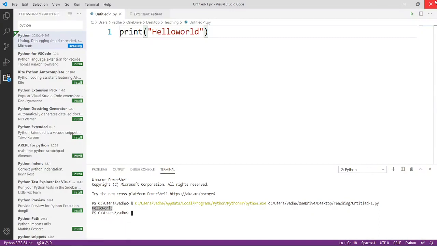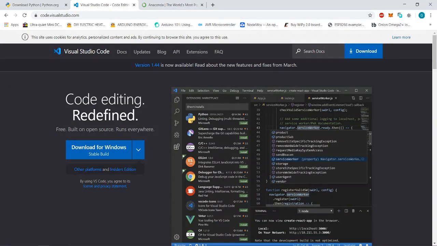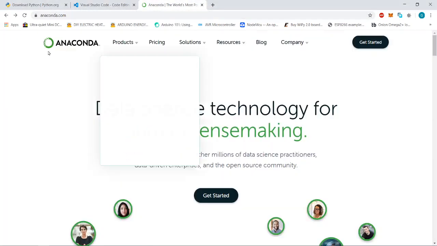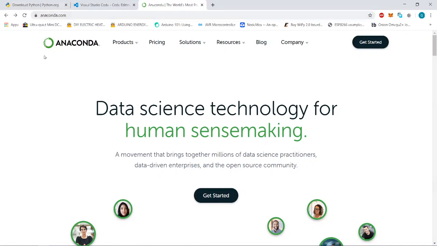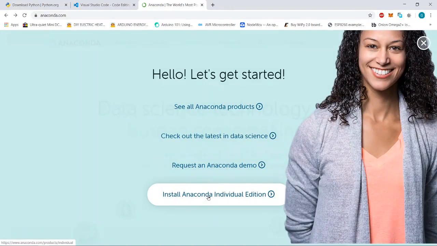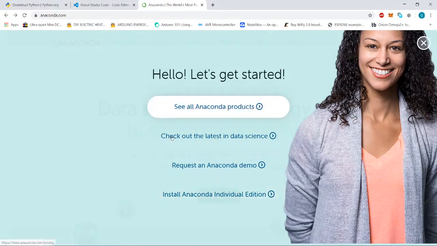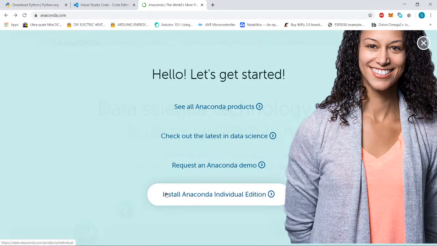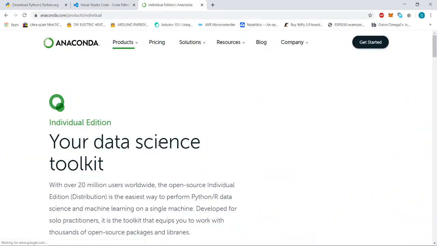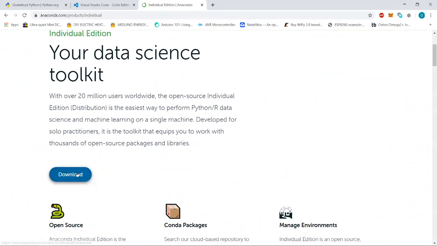Another approach, which is recommended by me, is Anaconda. There is a website, anaconda.com. Go to that website, then click on get started. On the screen you will get various links. We are supposed to go to the last option, install Anaconda Individual Edition, and then click on download.